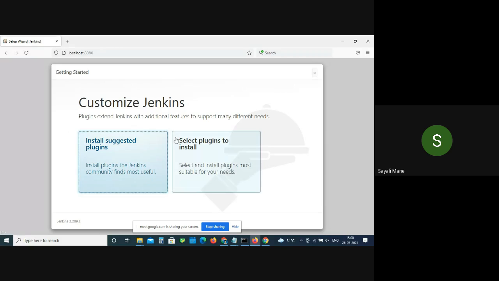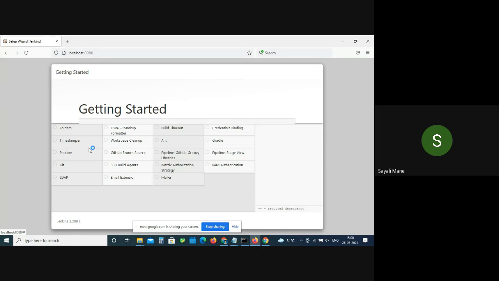It's okay, don't need to say. Just wait a minute. Now understood how to perform that authentication password. If you are getting that screen, just simply follow the link which is there. And those who have done, you can install the suggested plugins. Since we are doing it the first time, suggested plugins only. Click and now wait. Wait for some time. It will load it. Yes, please follow the steps.